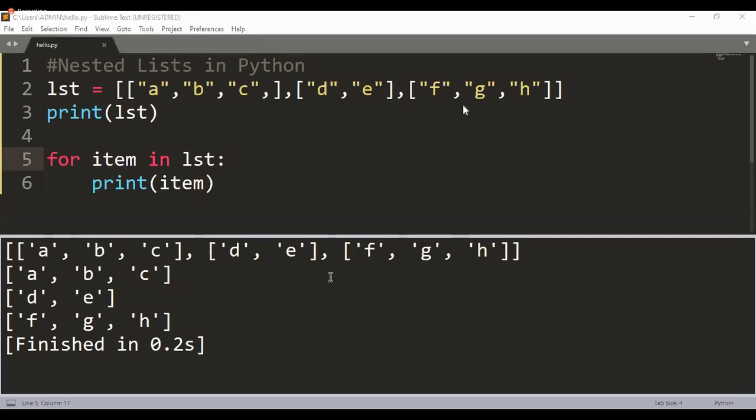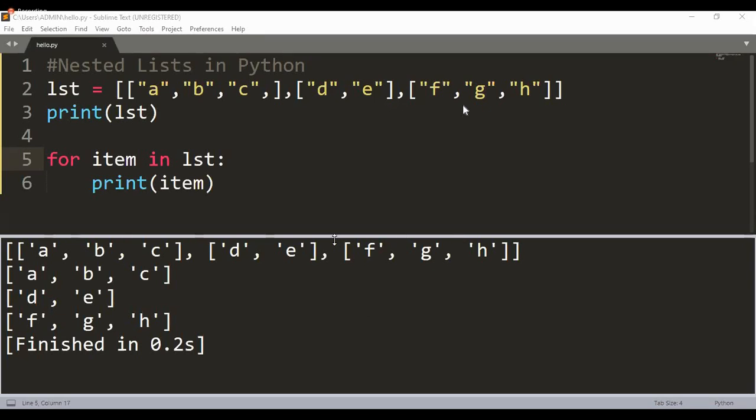Right, please complete the program as well as the output, make it fast. Right, I assume all of you have completed.